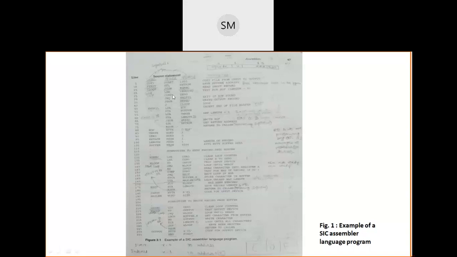So 4096 will be compared with this 0. Why 0? 0 indicates the end of my record, end of my file, end of my paragraph. There are no more characters to take from a buffer and write into the output device. So still I have not written a single character on my output device, remember. Because of that, the content of register A is 4096.